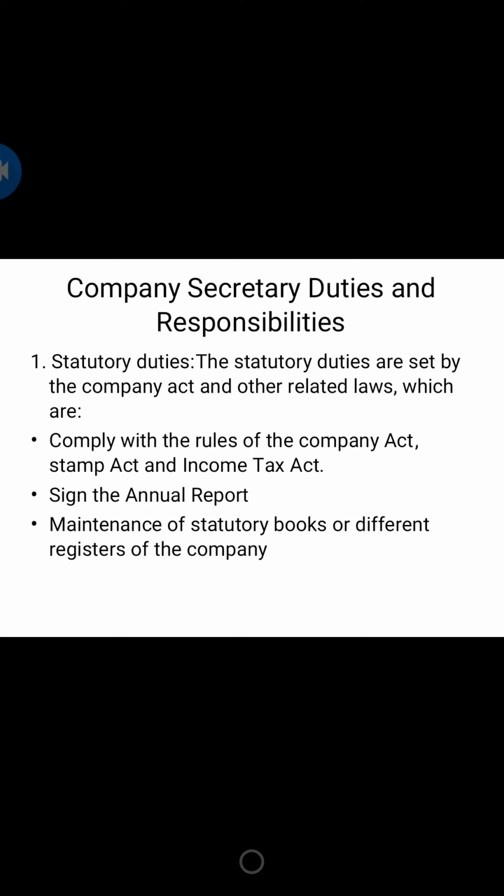Now you may have a question: what do they contain? What do they include? Statutory books include your register of members, register of directors, register of directors' residential addresses, register of secretaries, person of significant control register, and register of charges. So these are the things which are included in the statutory books, and these should be maintained by the secretary. The next is